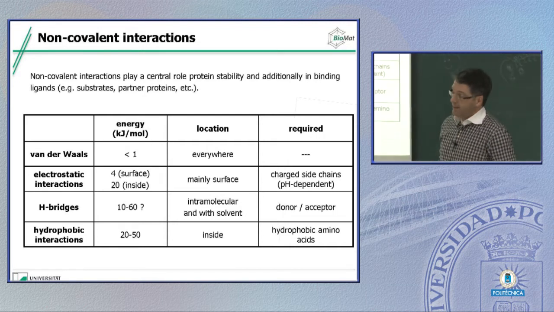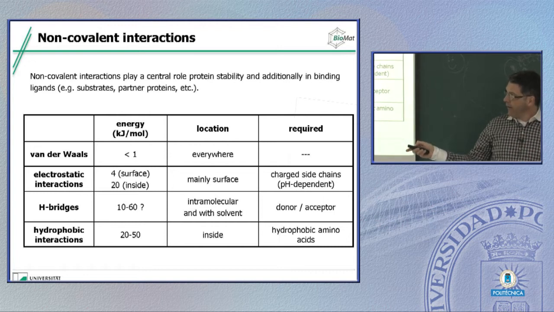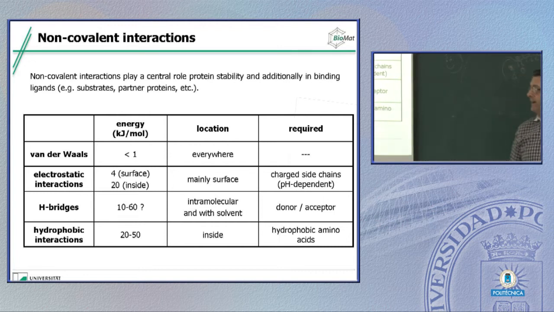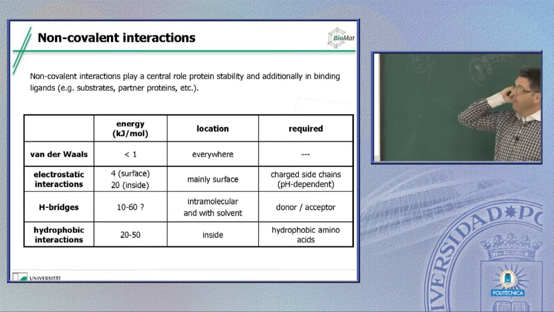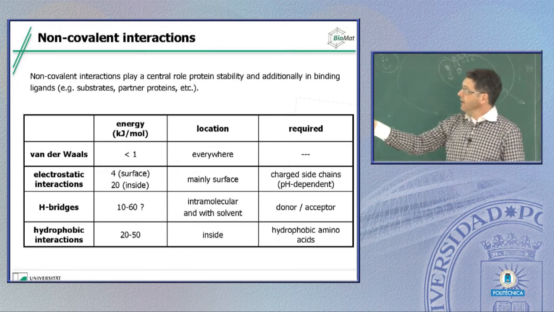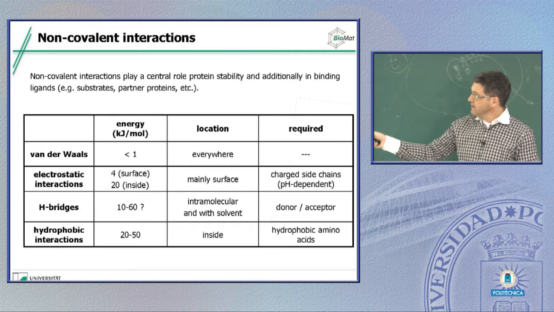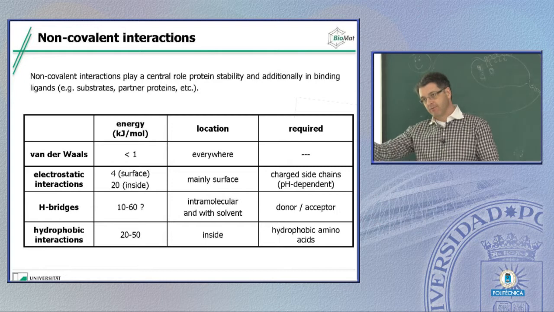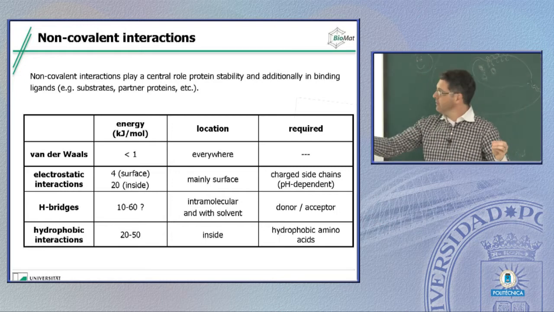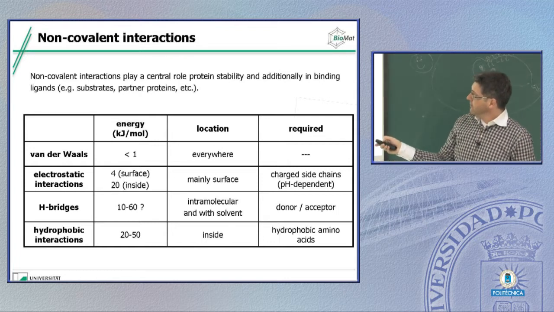So the proteins fold, and therefore the side chains and the atoms have to interact, and this is the list of non-covalent interactions that we do find in a protein. They play a central role, and they're really important concerning protein stability, but also concerning binding of ligands. So if you think about an enzyme that binds a ligand, then we have non-covalent interactions, and of course, they're important in assembly. This is what we find in fiber assembly, for instance, in spider silk. So let's go through that very, very